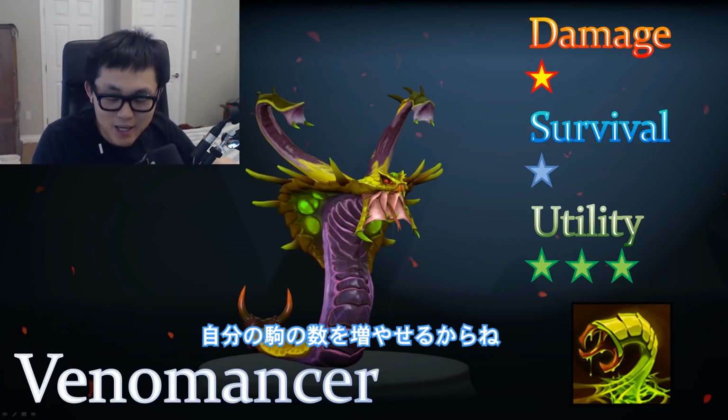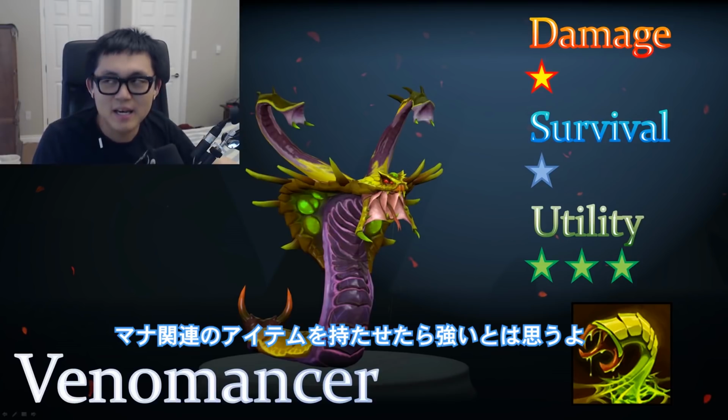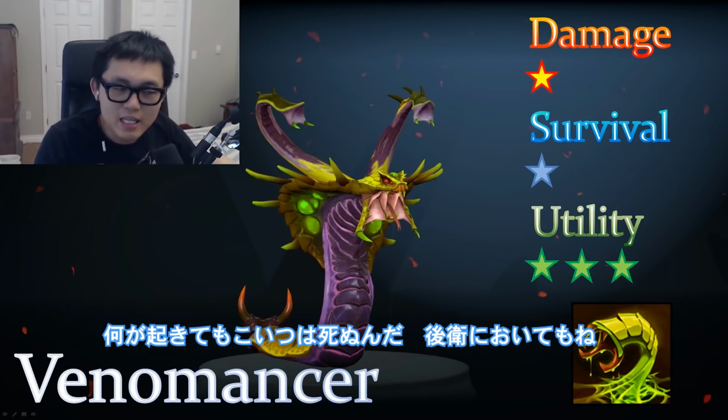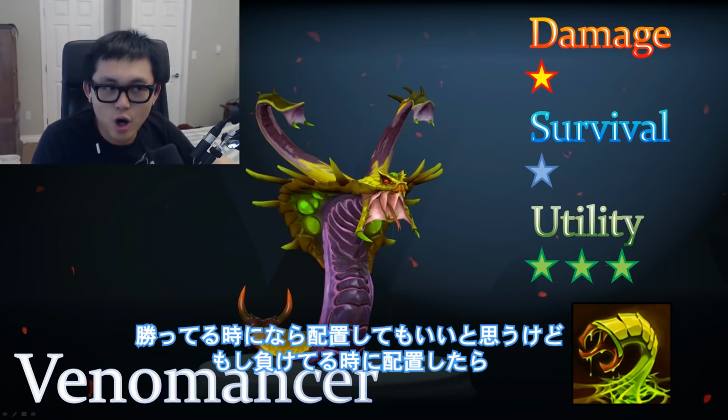Because it's a punishment strategy, right? You make more summons, you deal more damage. If you have a Void Stone, Venomancer gets really good. But he's also one of the few units that has 0 armor in the game. He literally just dies to everything, okay? You put him in the backline, you hope he summons a lot of wards, and you hope you punish your